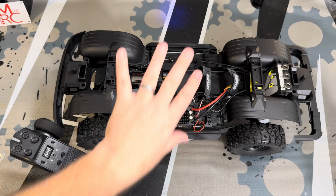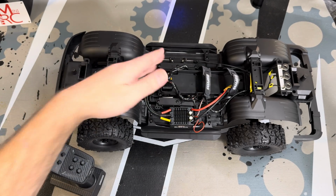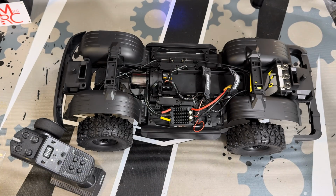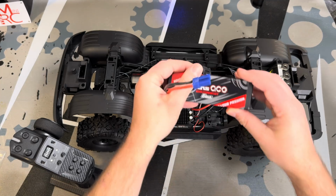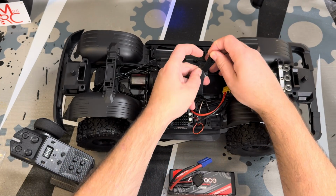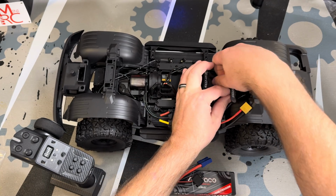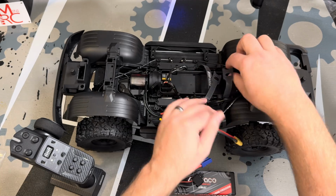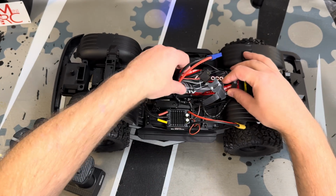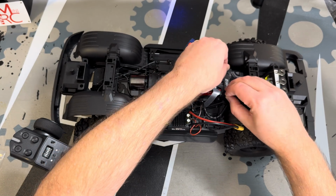So pretty much a 2 to 3S 5,000 milliamp battery will work. Obviously, if you're running 2S, you can probably go like 5,500 or even 6,000, as long as it fits the width and length. We have these new Gens Aces that should fit in here perfect. The only problem is they're a different connector, so we'll have to use an adapter, but these Gens Ace 3Ss should be awesome. Let's see how they fit. Oh yeah, perfect. Just need an adapter, or when you order your Gens Ace batteries, get them with the